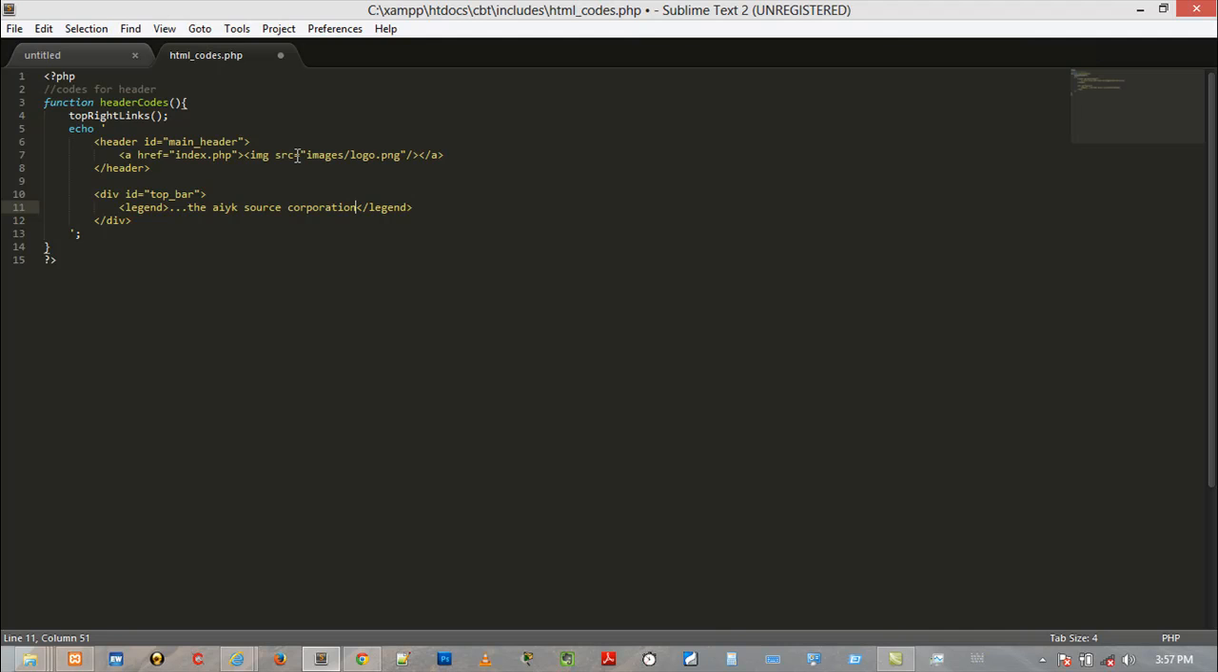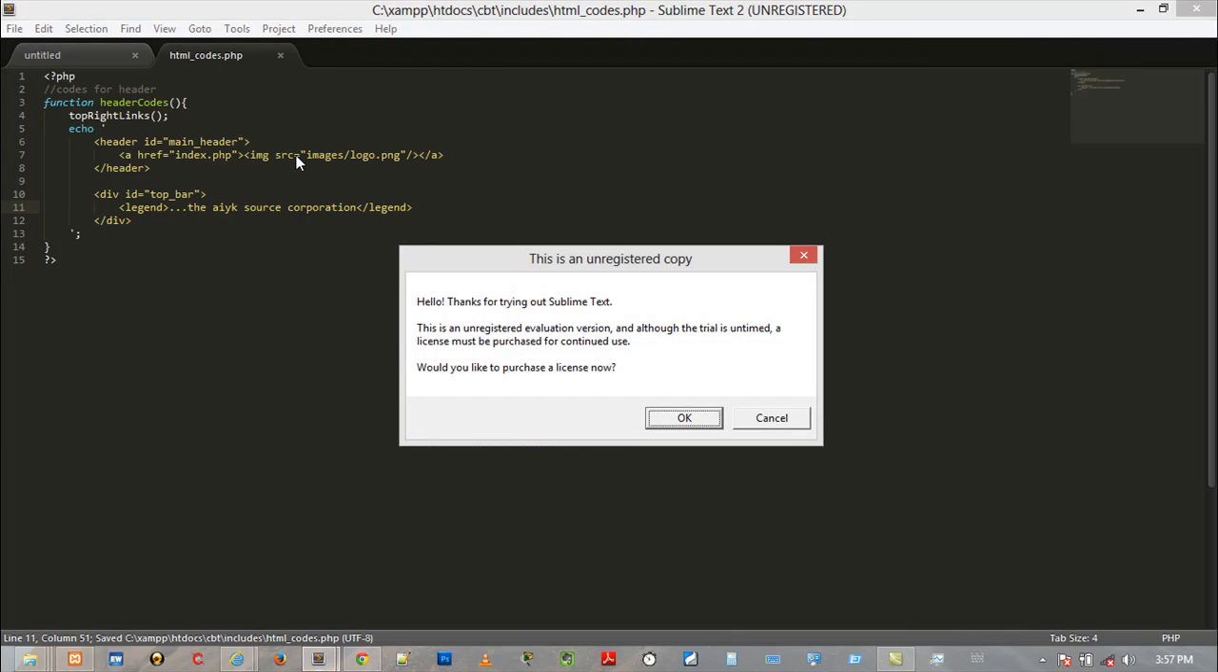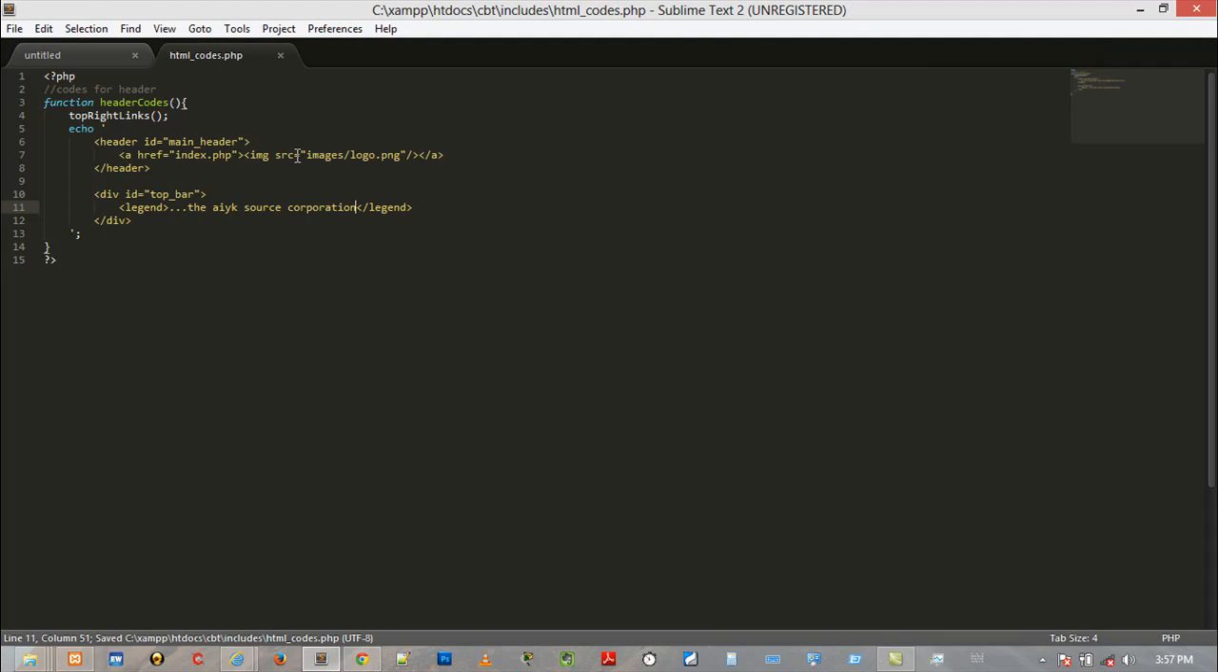Well, that's basically all we would need for this function. Okay, so I hope everything is cool, no problems. Alright, let's create the next function we'll be needing. Okay, I said we're gonna create these top right links, right? So let me just pick this up, copy,